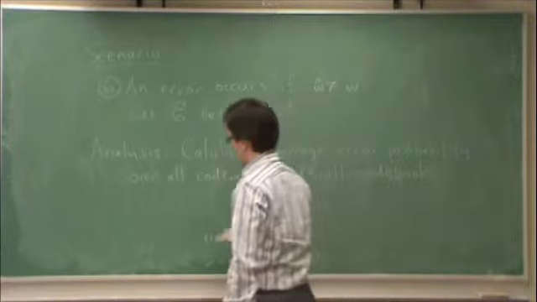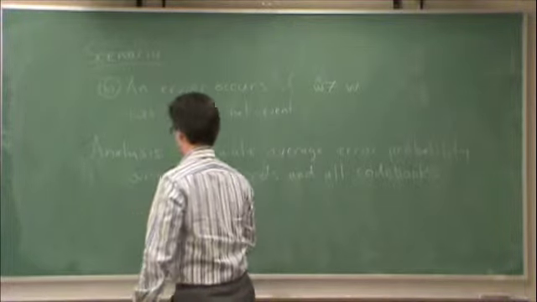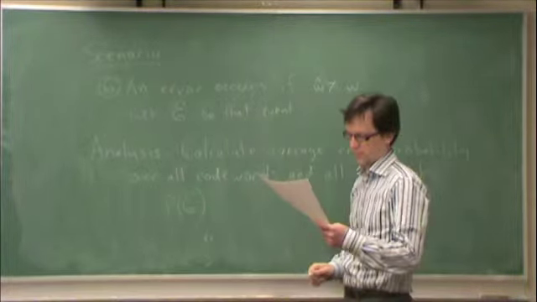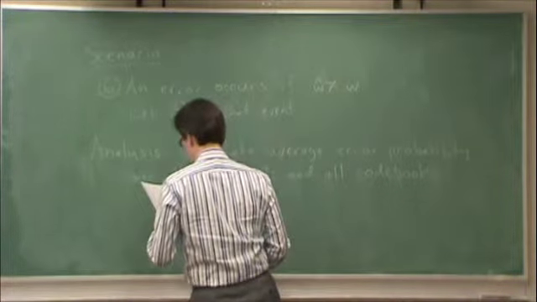Let's say P of script E is that average error probability. So then what we're going to do is, remember the notation,